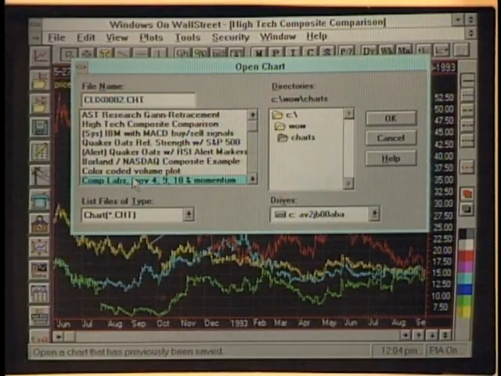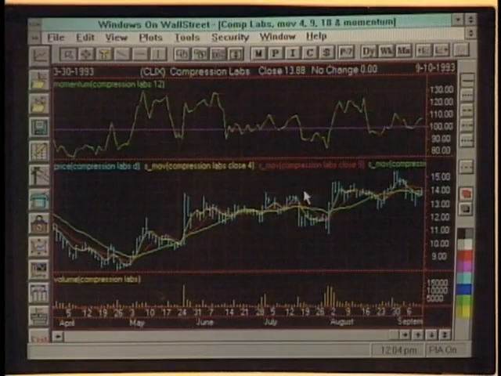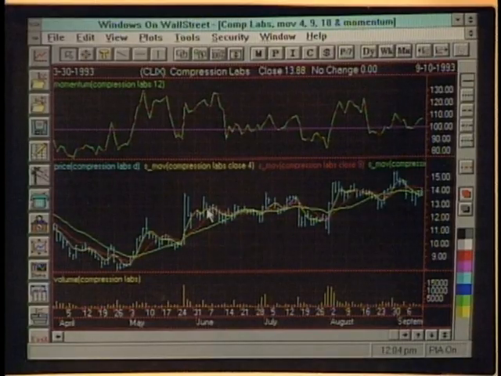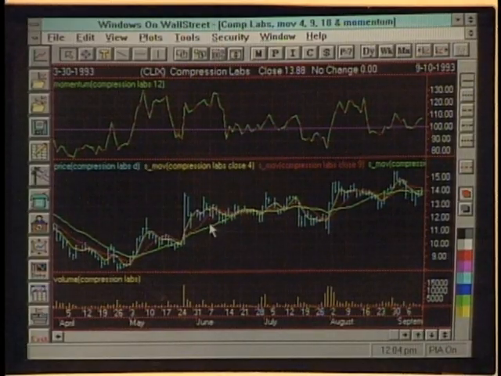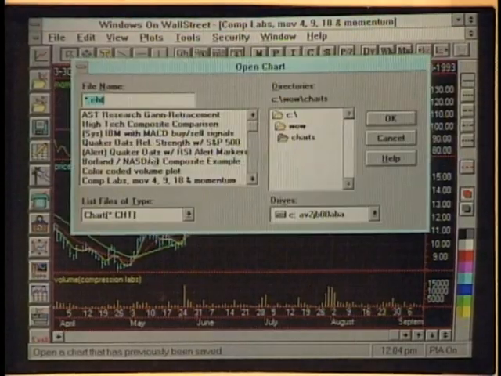For example, let's take a look at moving averages of 4, 9, and 18 days. All right, now what are moving averages? Well, moving averages are a smoothing of price data. So we're basically looking at what the momentum of price movement was over a 4-day period or a 9-day period, that kind of thing? That's correct. You may want to determine that you may want to buy the particular security after it's gone over, say, a 4-day moving average or a 9-day moving average or an 18-day moving average. So this gives you a lot more information than just day-to-day what happened. That's correct. Okay. Let's take a look at another chart.